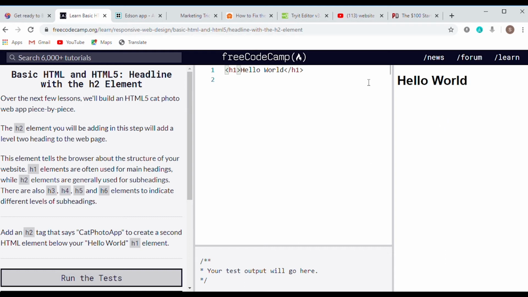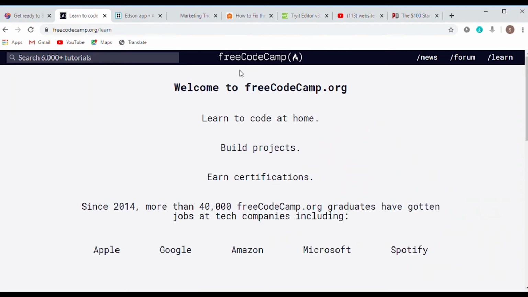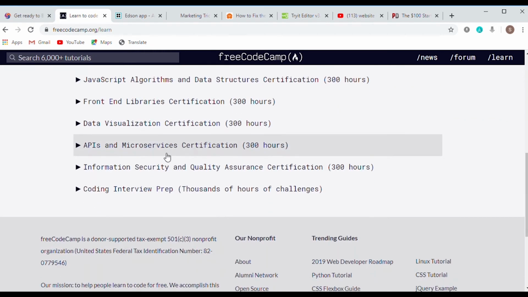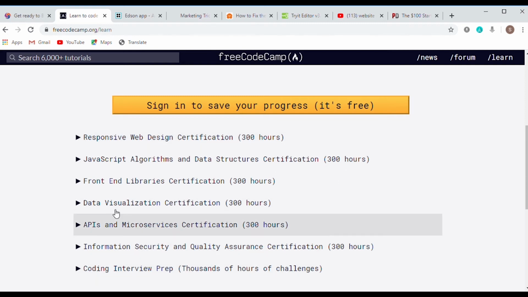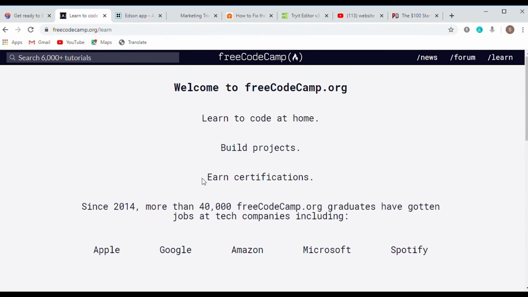So this is one of my best. I like it. I use it on a number of occasions. If you want to go back, you can just click here on Free Code Camp, and then it takes you back again, so you can just go through these topics right here. They have a number of topics that you can learn, and you get to learn a lot. All right, so that's my number 3.